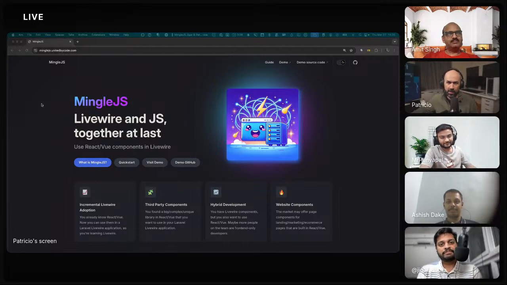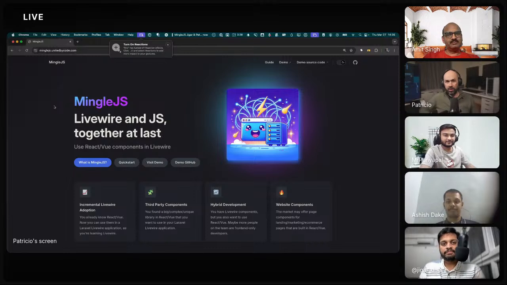Cool. So MingleJS is a library I've put together so that we could have JavaScript components supporting React and Vue at the moment in Laravel Livewire applications. For a long time, I've been an Inertia fan.